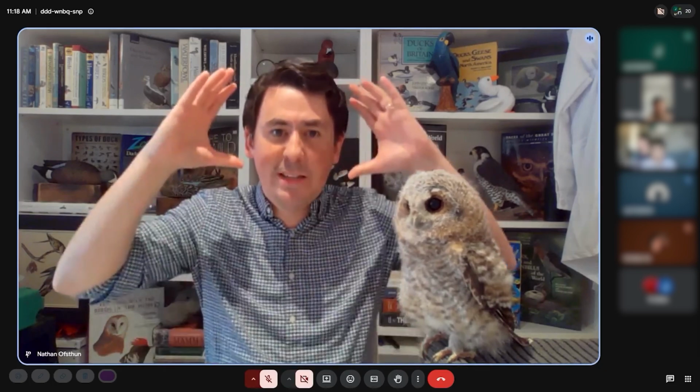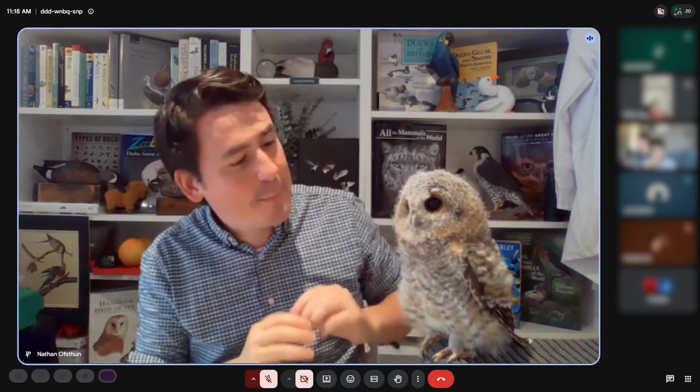Now, the question is, why are their heads so big? Well, there's a lot of reasons for their head being so large. One is, it's hard to see it because of all the fluffiness around his head, but owls actually have really long necks. We don't think ever of owls as having a long neck, but if you were to take away all these feathers and just see where his body is versus where his head is, it's actually connected by a fairly long neck. And we'll talk more about their neck in the future, but basically long neck, which means that he has more length going up, which means a bigger head area.